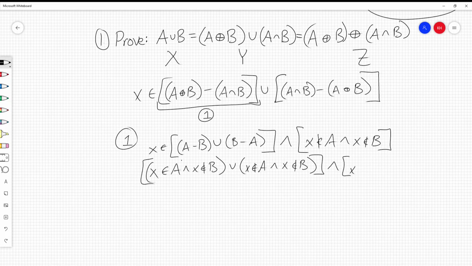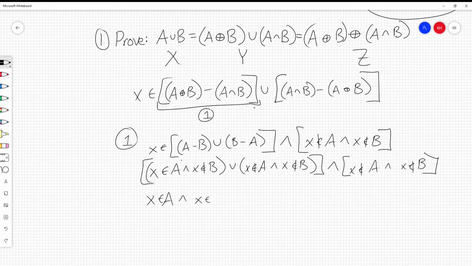And x is not an element of A, and x is not an element of B. We can prove just by this point, since we don't have an and statement on this side for both of them not being A or B, we can then understand logically that there is nothing over here that would matter over here. If you want to personally think about it, this side never happens on that side. So we can completely get rid of this right half, and we're left with x an element of A,